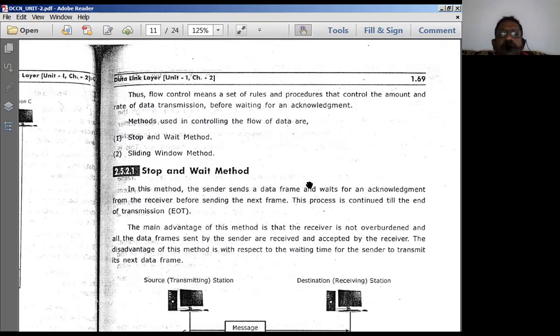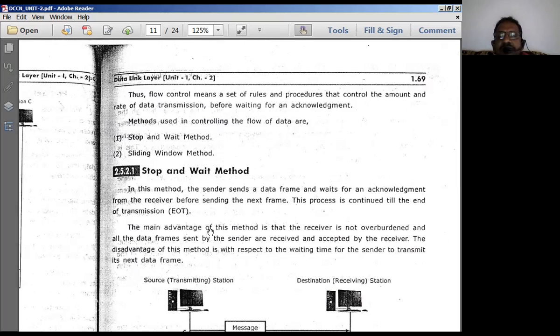These two are the major problems in data communications between the two computers, called sender and receiver, when we are transmitting signals over long distance communications. To avoid all such problems, we have a functionality provided in the data link layer, which is known as the flow control method. Using this flow control method, we control the rate of data transmission, and also the amount of data that can be exchanged between the source and destination computers before waiting for an acknowledgement.